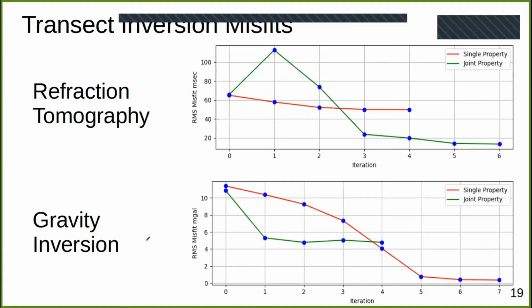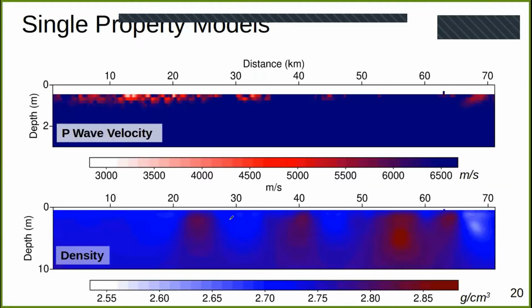Where I actually got a much lower fit by applying just a plain unconstrained gravity inversion than I did by bringing in the joint methodology here. I think the reason for that would likely be overfitting of the data to the model in this case, and you can see that in the printouts here of my model. So just the plain gravity inversion is shown here on the bottom, and above that is the